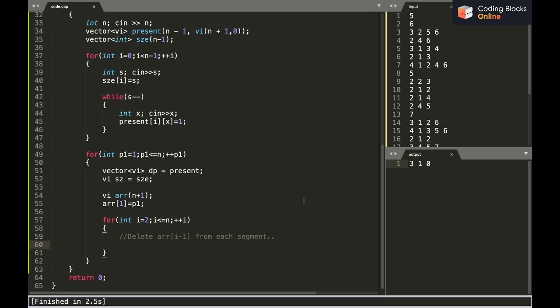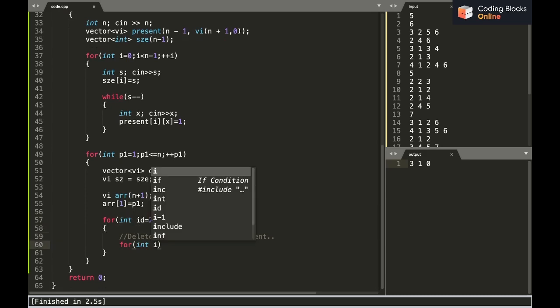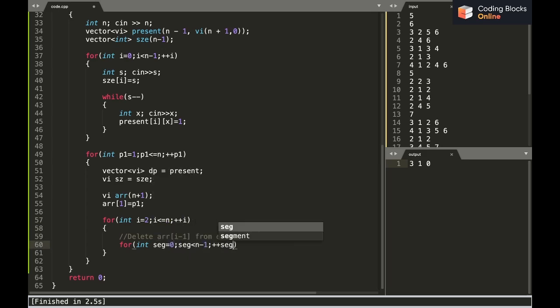So to do that, I'll be iterating for each segment, let's call it seg. Seg equals to 0, seg is less than n minus 1, plus plus seg.